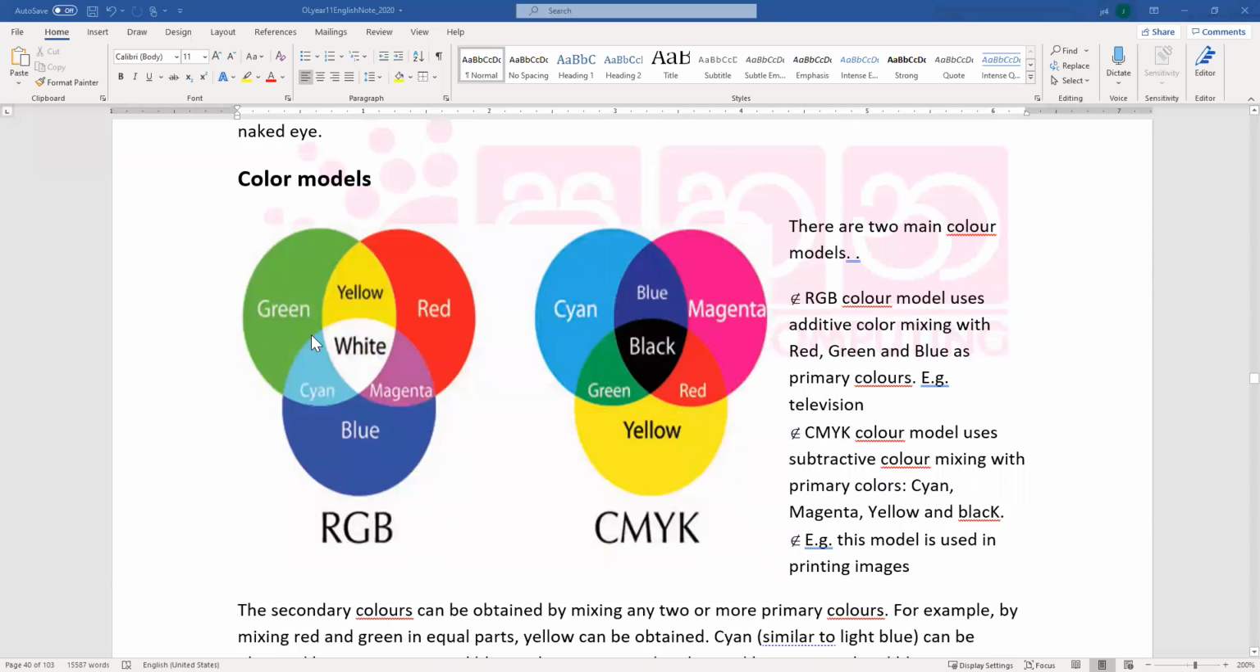Then the color modes, there are different ways actually colors are represented. Additive colors and subtractive colors. These are the different ways of, in an LCD screen we use R